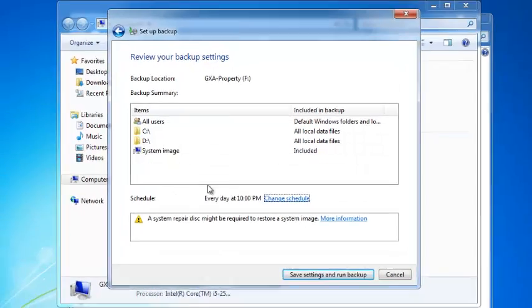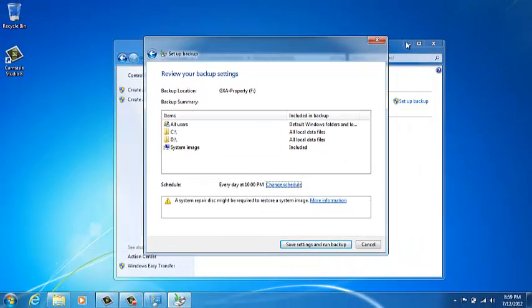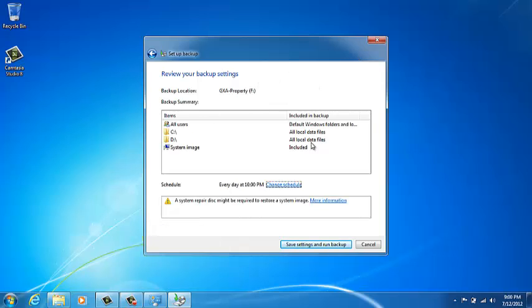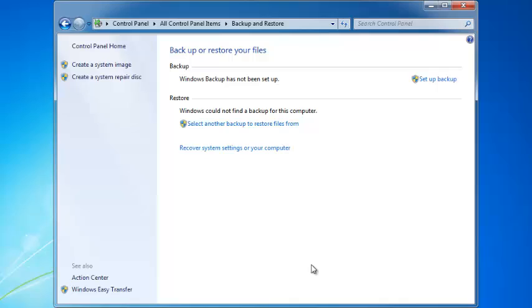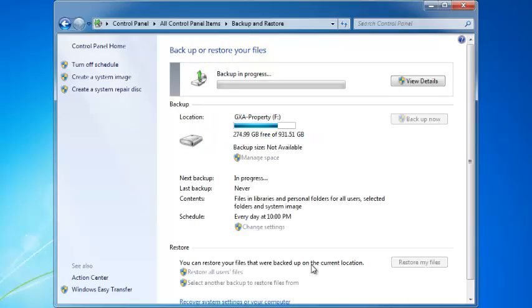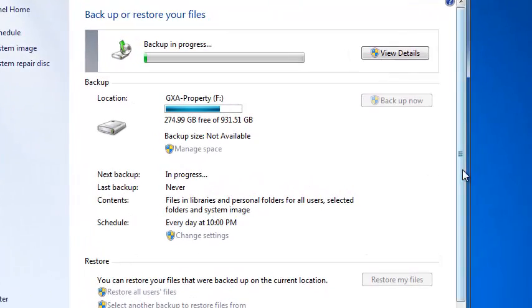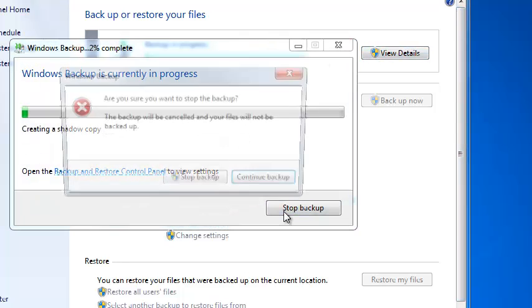and we'll go back to this other part. Just minimize these, make it easier. Alright, and now that we changed the schedule to 10 p.m., we go to Save Settings and Run Backup. So that's how we set up the backup schedule to run at night at 10 p.m. every night, and it will also start backing up your computer to that USB drive. Right now I'll cancel this backup, but if we need to make changes, you can go back to